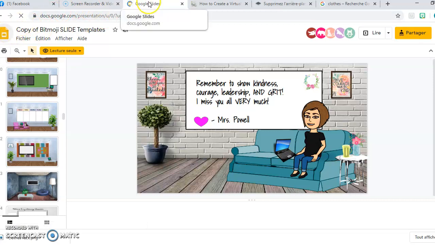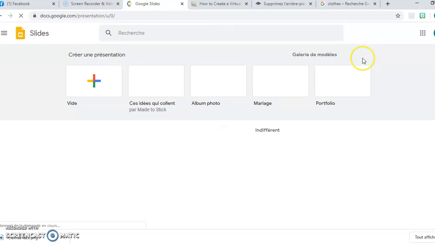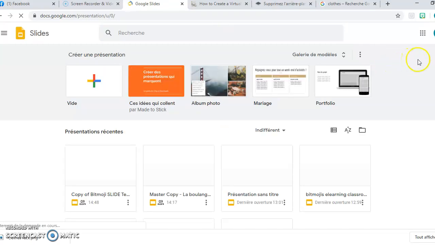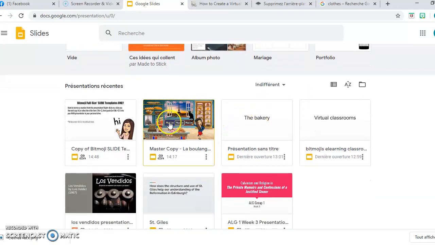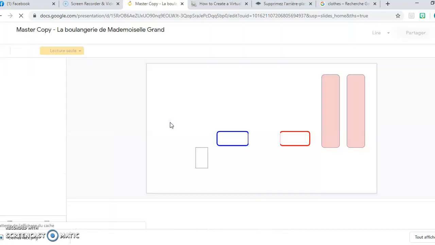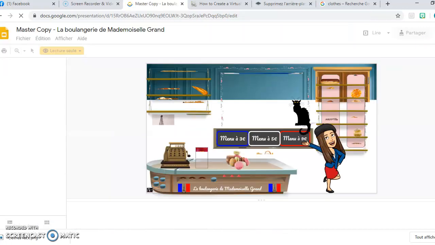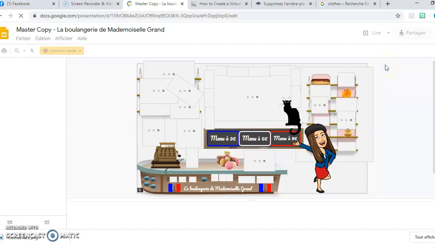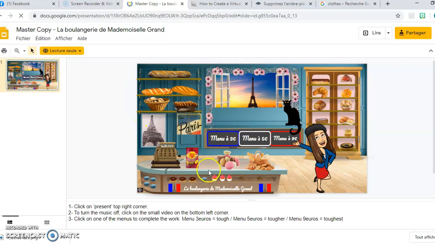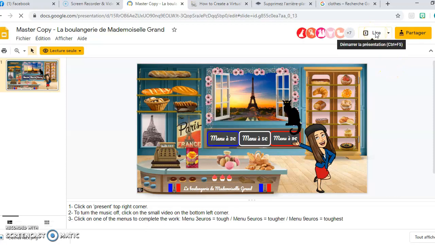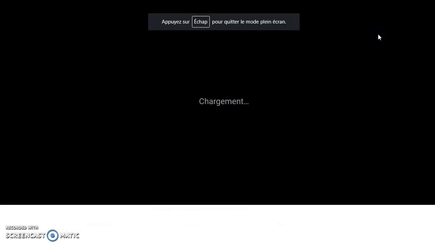All right. I found a really interesting one that a teacher created. I think her name is Mrs. Grand, Nina Grand. I found her publication on Facebook. This is her master copy, La Boulangerie, and I thought it was so creative and so cute. What she did is she put the background and integrated many objects, but also a song. So if we read the presentation,